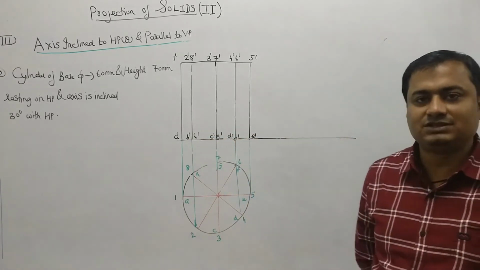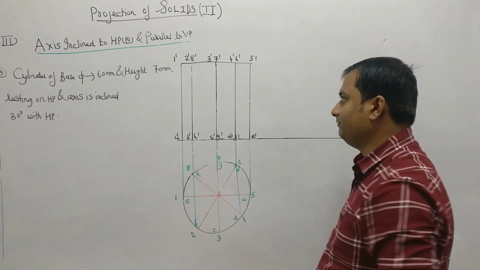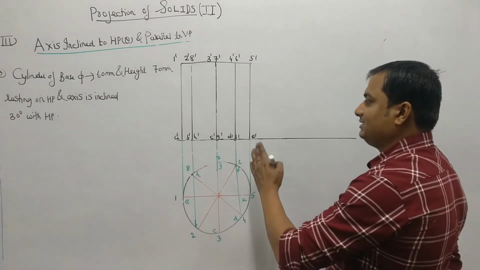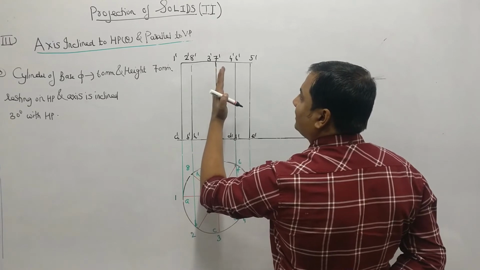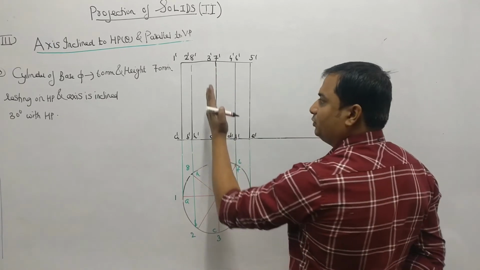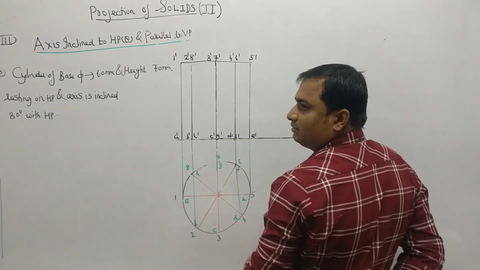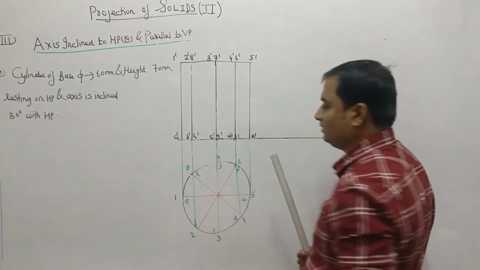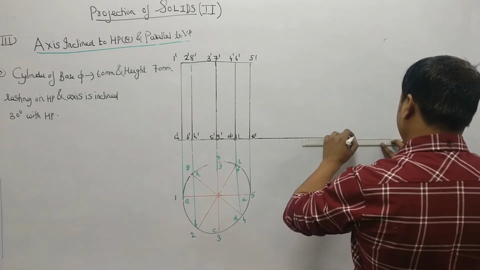So this is the first stage where I have assumed that it is standing on HP. The top view will be a circle and the front view will be the rectangle. So now I will be making this axis. Now axis is here. Axis is at the center only. So I have to make it inclined 30 degree with the HP. So you can make it like this or you can make it like this. Right? So your rectangle will be turning like this or it can be like this. That is not an issue. You can take anywhere. So suppose I will be turning it anti-clockwise.